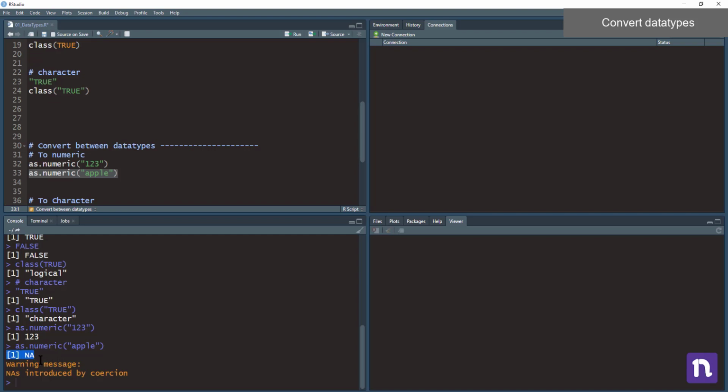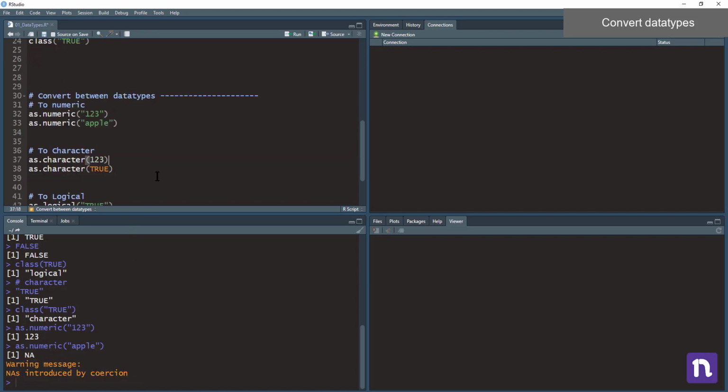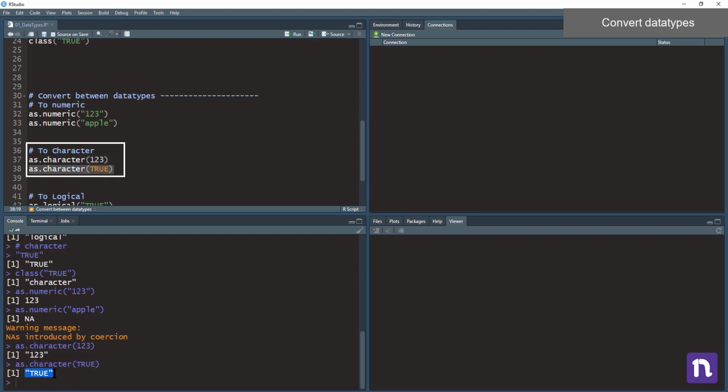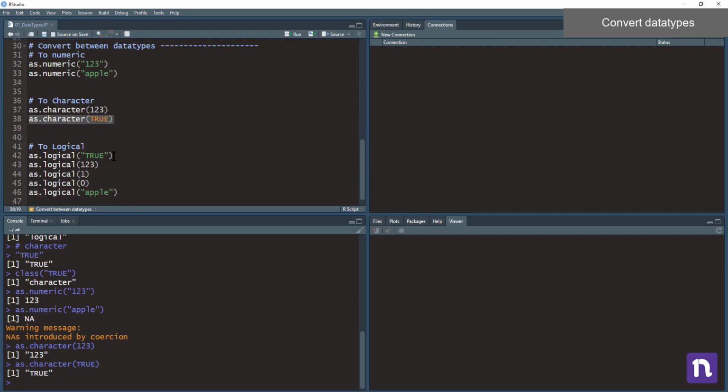And since it returned an output, it did not explicitly throw an error message and say that it cannot compute this. It gave us a result that is not meaningful, but it at least gave us a result with a warning message. If it gives a result but it faces some problems, it typically gives some warning message along with it. You can do the other way around. You can convert a number or a logical data type to character using the as.character function. Notice that whenever you see a character, it will be surrounded by a pair of quotes. Likewise, you can convert a character to a logical using as.logical.